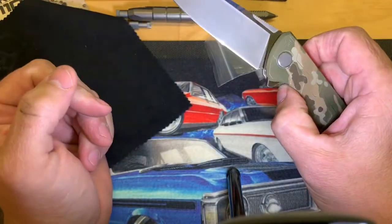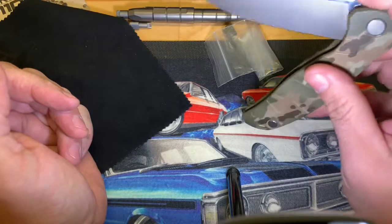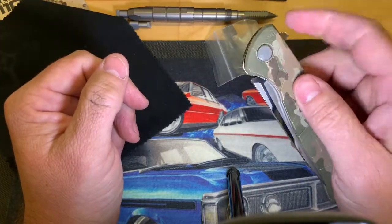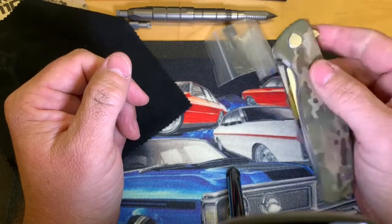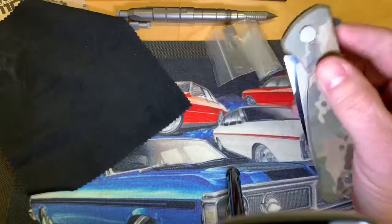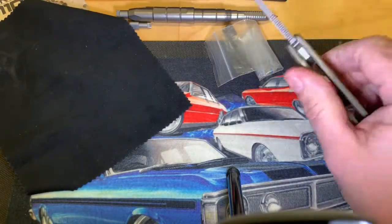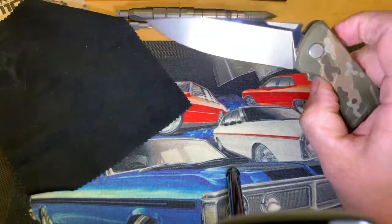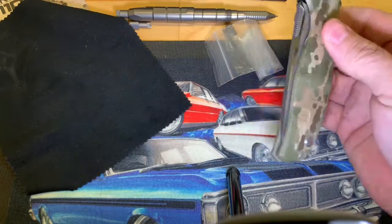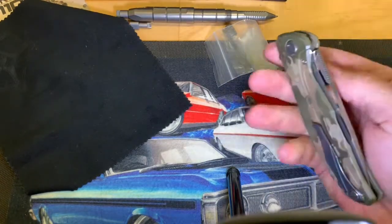The action on the Shiros is absolutely perfect. At the moment, because we've gone to the multi-row rollers, this one is just going to take a little bit to wear in. This knife is just brand new at this point, but it's going to loosen right up, and then they're a perfect drop close. There you go. It just opens so effortlessly, and then just a little shake to get it down. Like I say, at the minute it is just the tiniest little bit tight, and